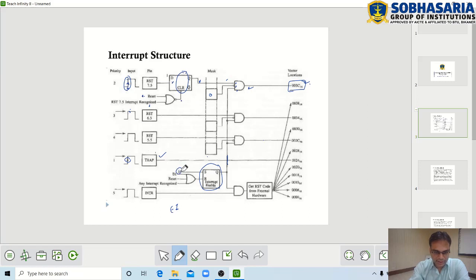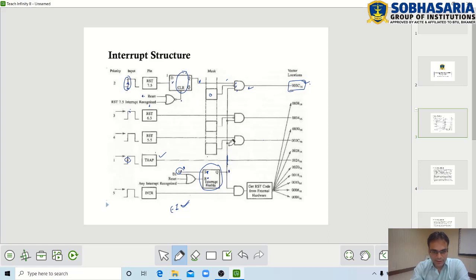So this is the EI. If EI is 1, so S is 1, right? And then suppose R is 0. So in that case, S is 1 and R is 0, so this Q will have 1. So we can say that the interrupt process is enabled. So all the interrupts are enabled using this EI instruction. So the EI instruction is going to set this flip-flop and create a 1 over here.